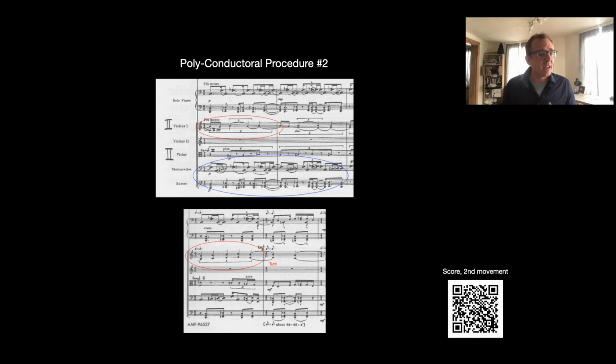By adding a second conductor, it could be argued that Ives and Sater and Stokowski attempted to make these polymetrics more clearly accessible to the audience. At this point in the piece, a visually attentive audience could now not only audibly appreciate the multiple metrics and the rhythms aligned with each tempo, they also have it visually framed for them by two conductors. Also, based on my own orchestral experience, it's probably a lot easier to perform this with two or more conductors.